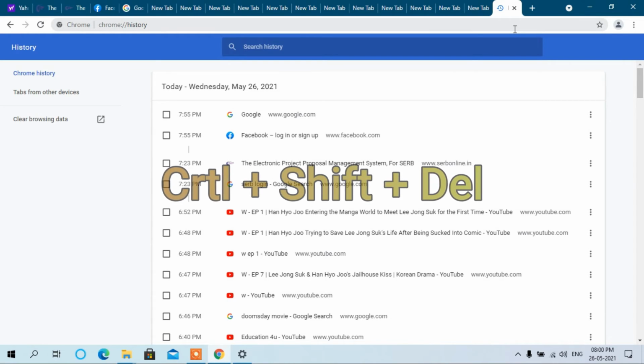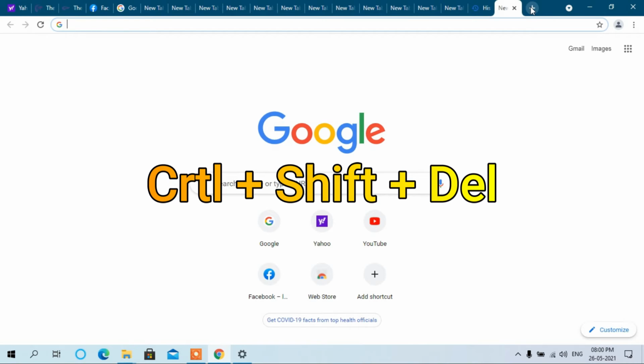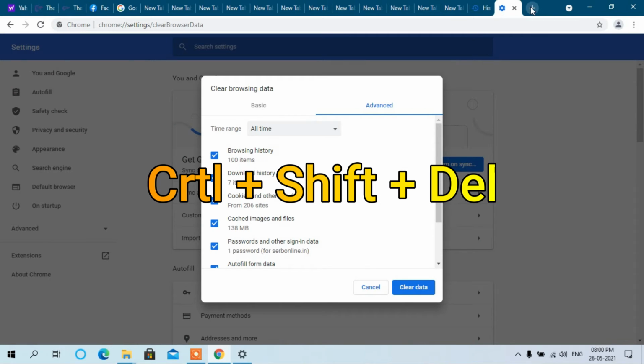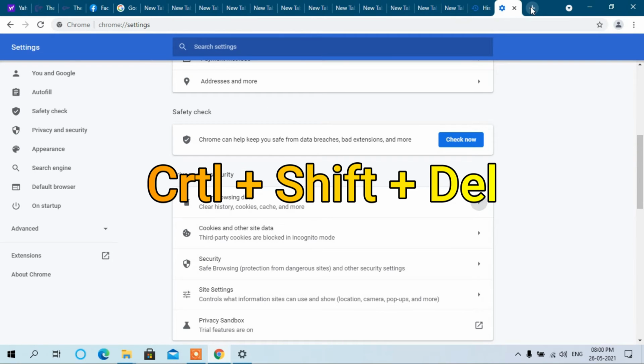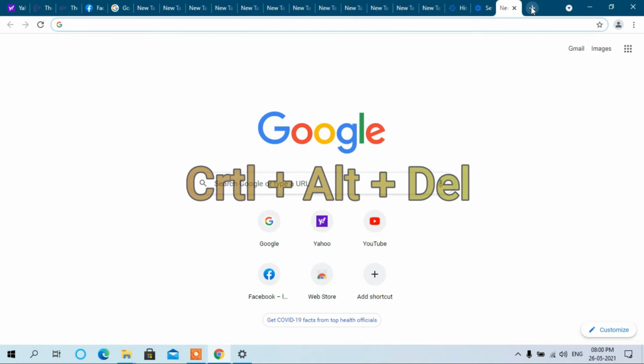and if you want to delete the history by using a shortcut command without going into the history, just press down the Ctrl, Shift and Del. See, it automatically asks us to enter for clearing all the cache data, but right now I don't want to lose all the passwords. Escape. This was about deleting history in the browser.